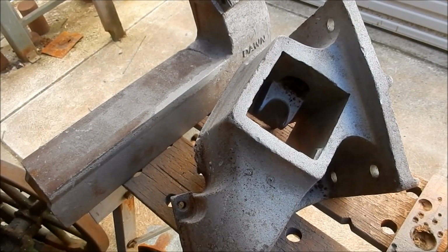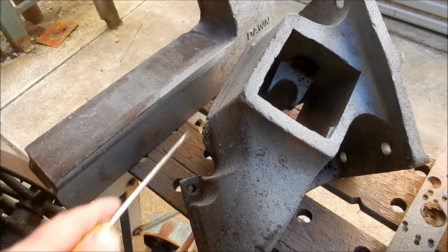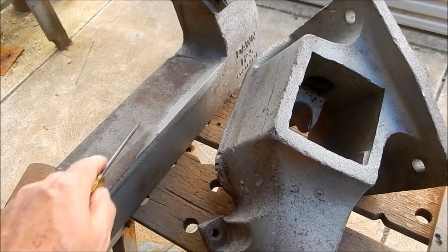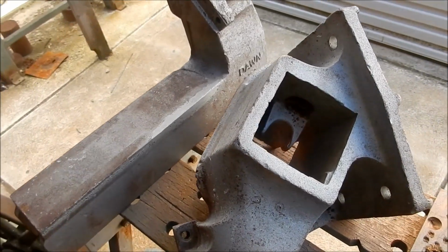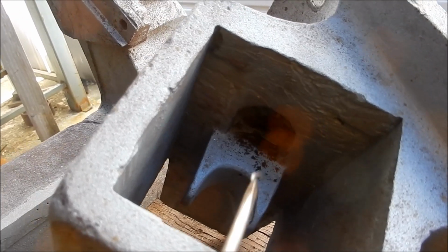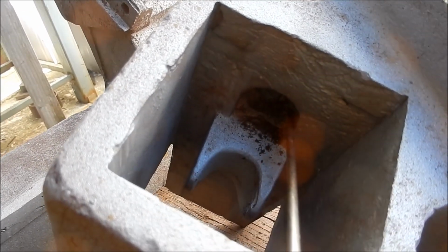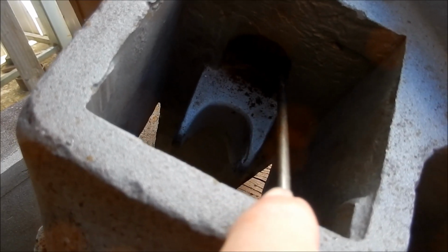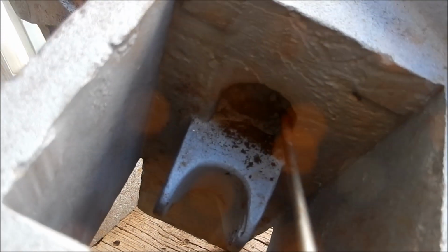All right, guys. So we're outside again. You can see I've had the castings all sandblasted. As a matter of fact, they're starting to get a bit of a rust film on them already, so I'll have to get some coatings onto that to protect them. But I wanted to show you up inside here where the little protrusion comes out of that nut to sit in here, that little torque arm. And up inside there you can see